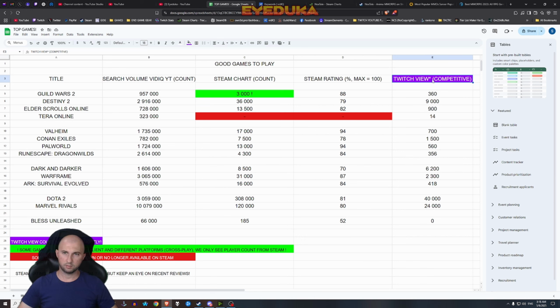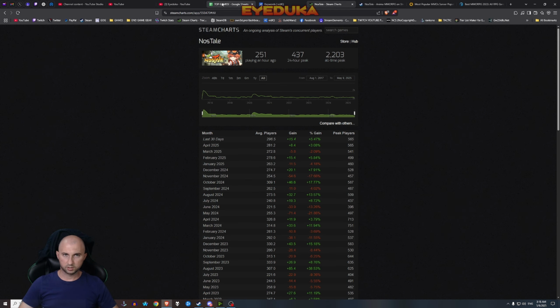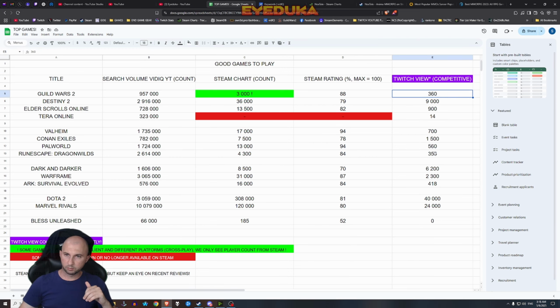And usually from my experience, the peak hours would be around 6 PM to around 12 or 1 AM, which is like a 6-7 hour window. And then they gradually decline during the night when the lowest player count would be around early morning. And you can see that later on Steamcharts. But getting back to this, these numbers here are very low.